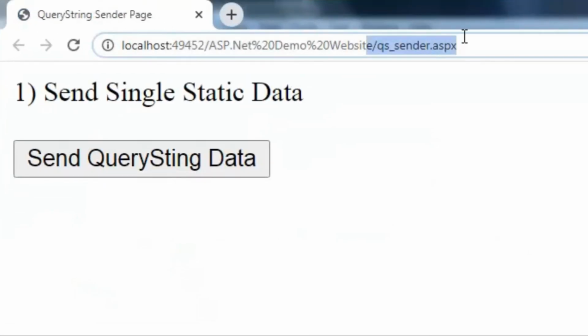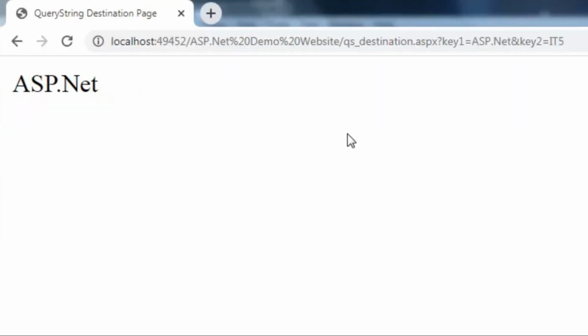ASP.NET runs QS underscore sender response.redirect with two data, because we have appended multiple data. You can append n numbers of data with the limit of URL. So I'll click on this button. As you can see, key 1 is equals to ASP.NET and key 2 is equals to IT5.